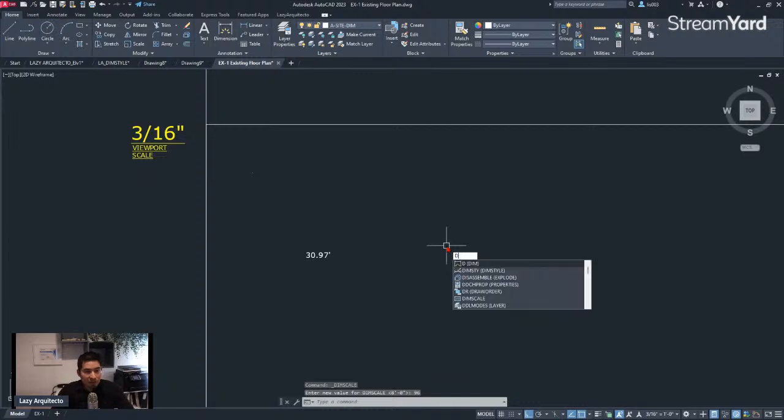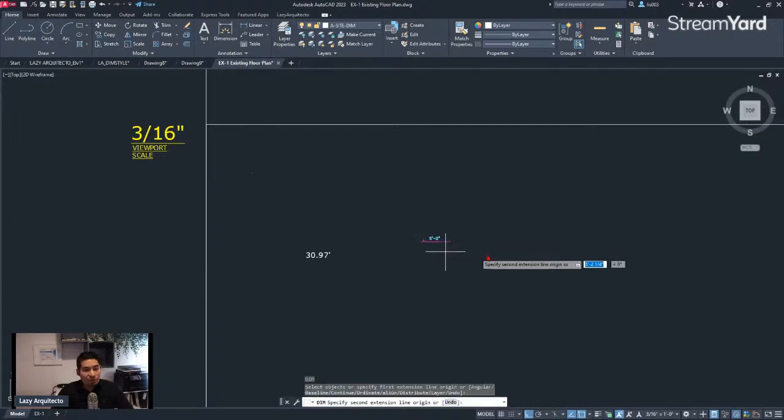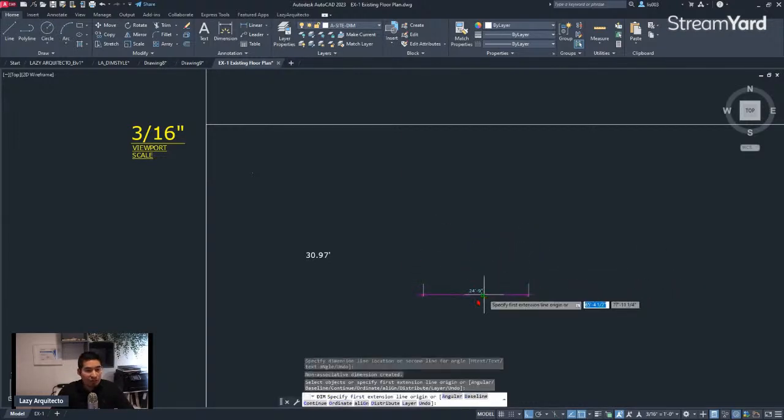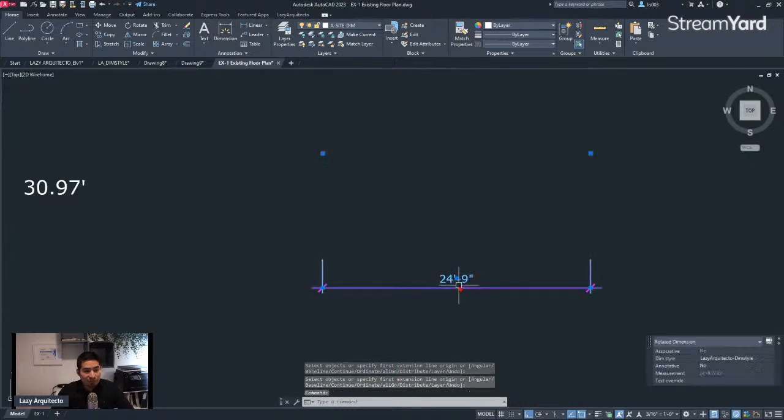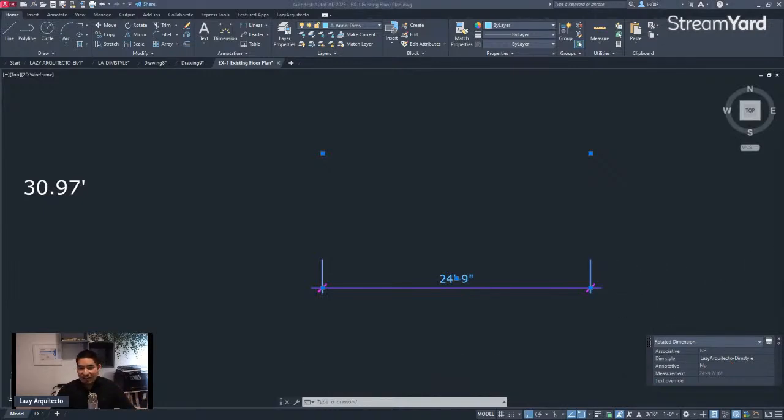And then once I draw my new dimension, you can see that it comes perfectly because this is the dimension style that I use. Awesome, right? Okay, so